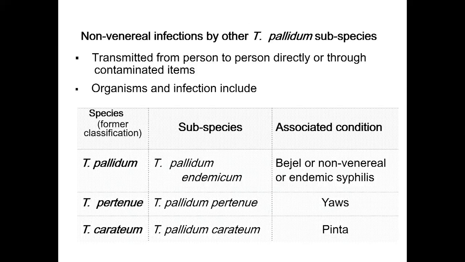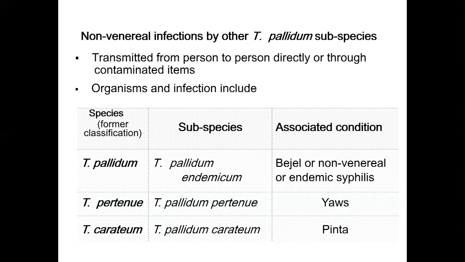It can be direct transmission, or it can be through contaminated items. And they can occur at any age. Some can occur even in children, and the chronic nature persists, so the person can be growing with that infection. So the organisms in this category are subspecies of Treponema pallidum